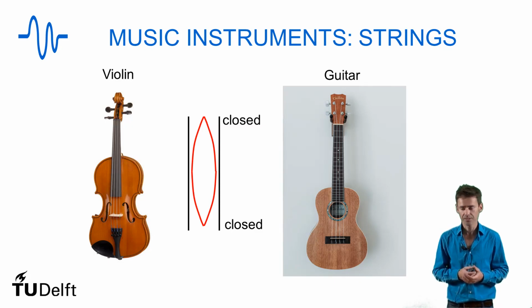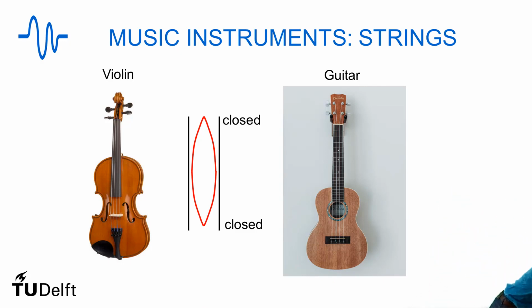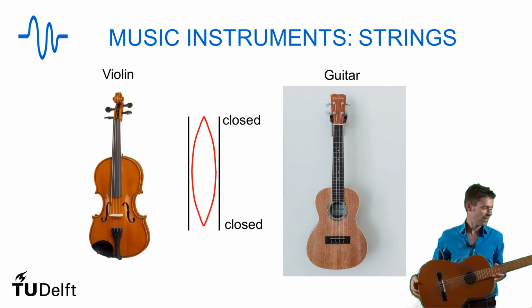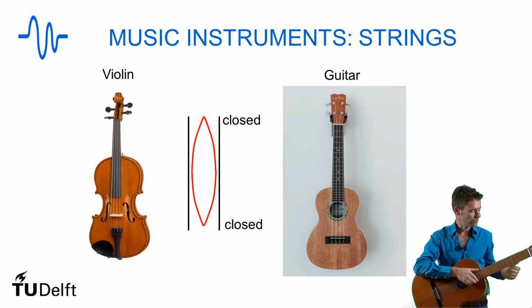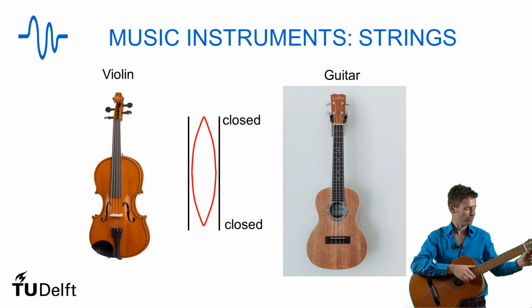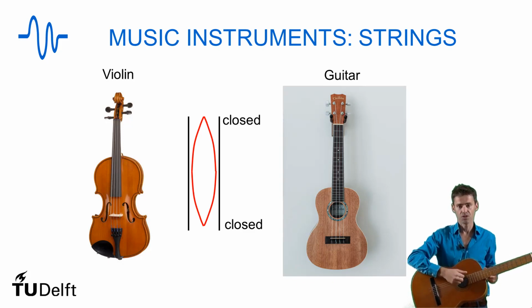Now, contrary to that, we can also have a guitar. Here's a nice example of it. And in the guitar, of course, we can also change the tension by twisting this and creating a higher pitched signal. And also what you can see is that there are strings, some of them have a lower mass per unit length, such as this one, compared to the ones that give the lower pitch sound, compared to this one.